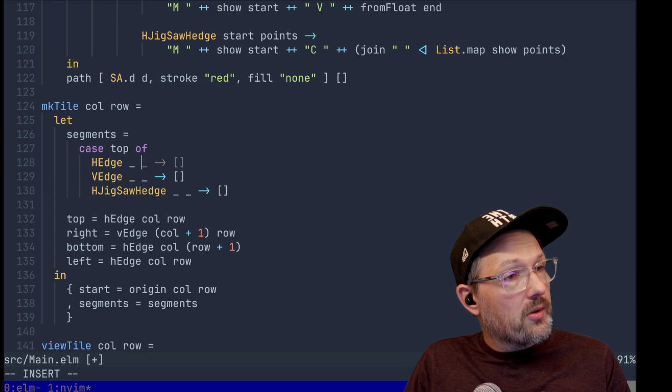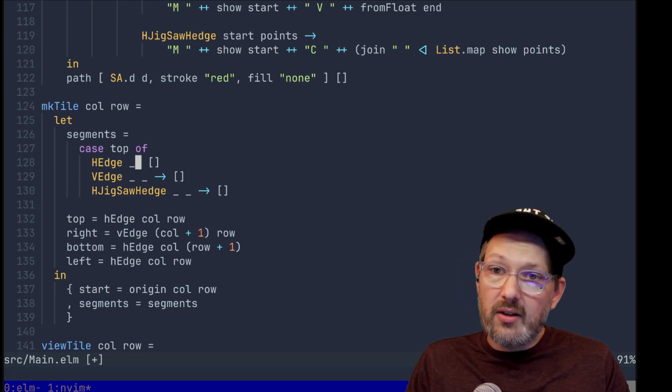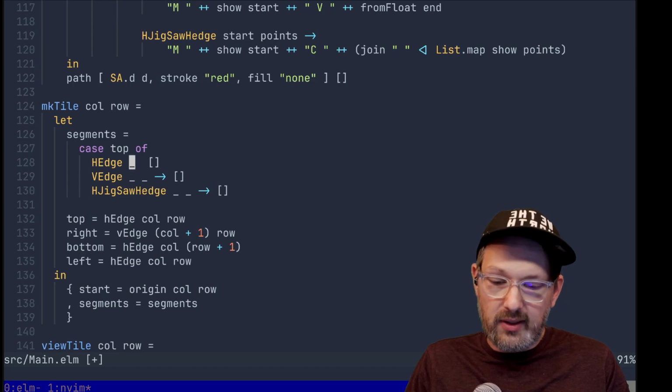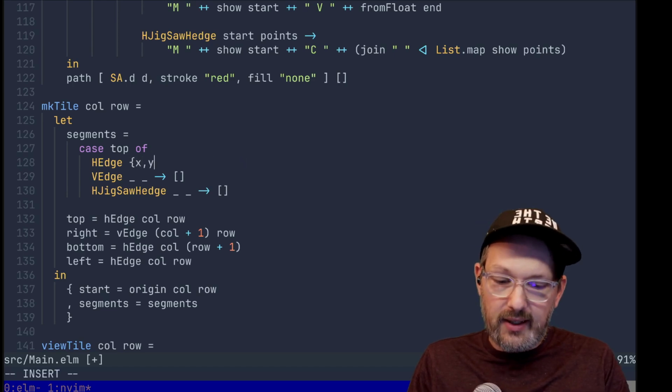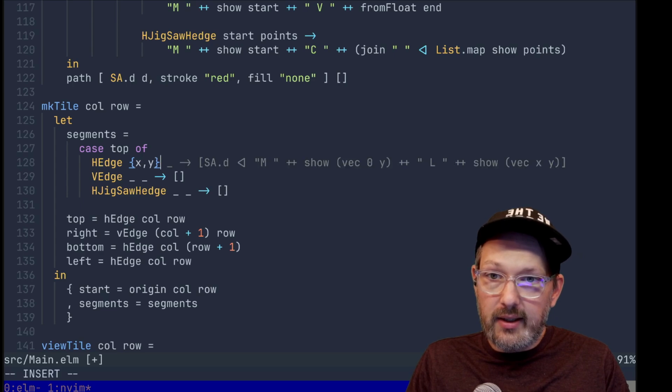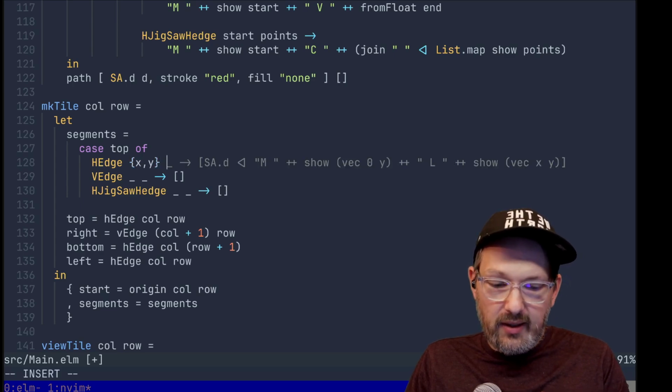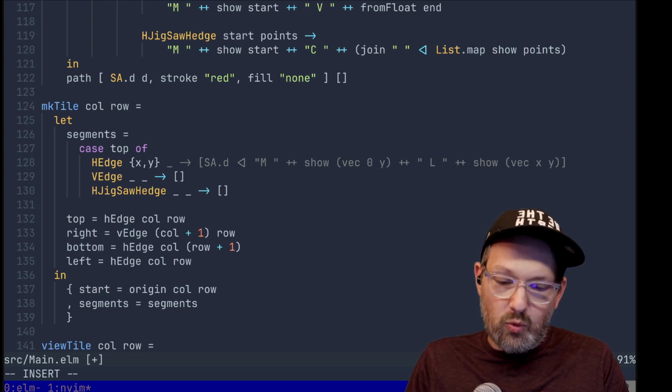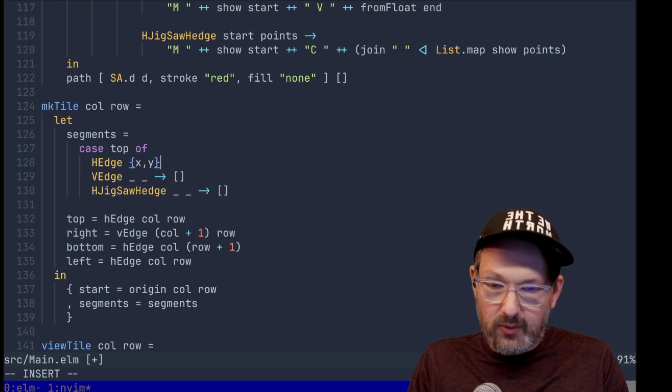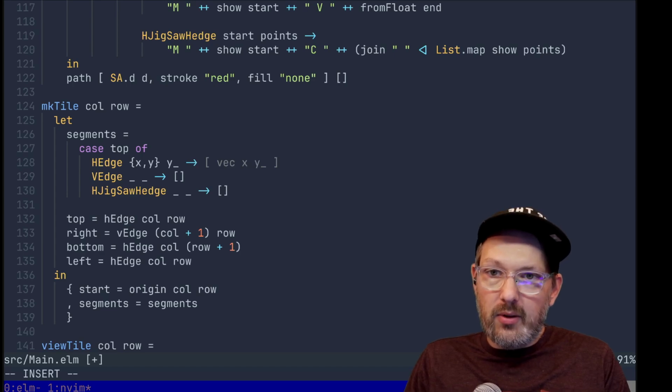Although I need the y component. So let's just say this is x, y. And then we have y, let's call it y underscore. So now